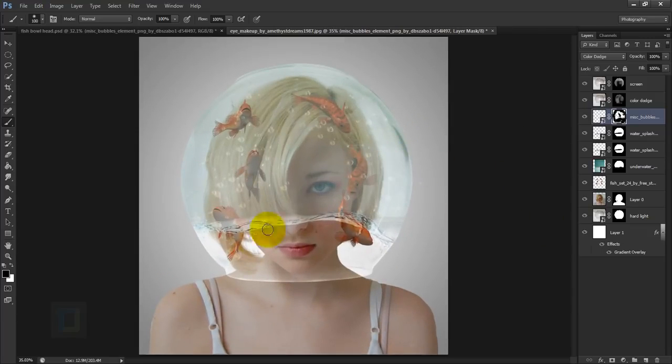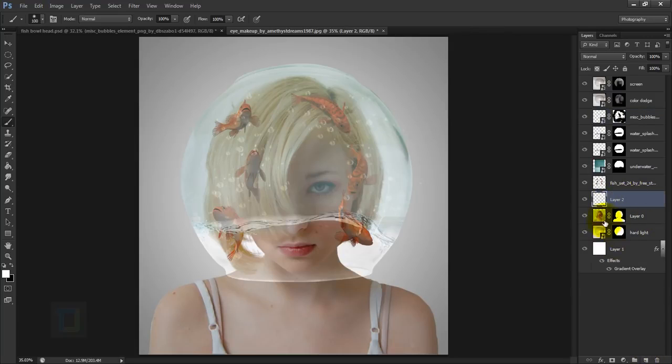Okay, so the bubbles are looking really nice and now we can add the shadows. For that, activate the model layer and create a new blank layer. It will go exactly on top of your model here, and rename it to shadows. After that, make sure you have selected your brush tool and in the colors, make it black, because shadows are black. And in the opacity, I'm gonna make it somewhere around 30%,